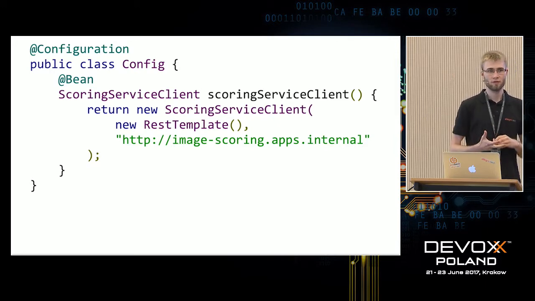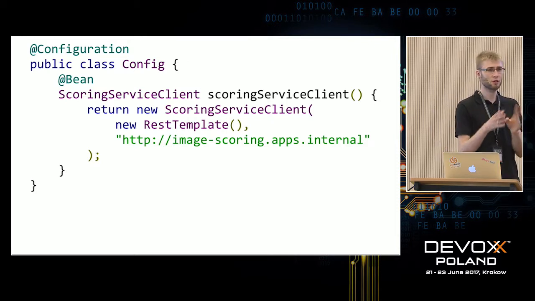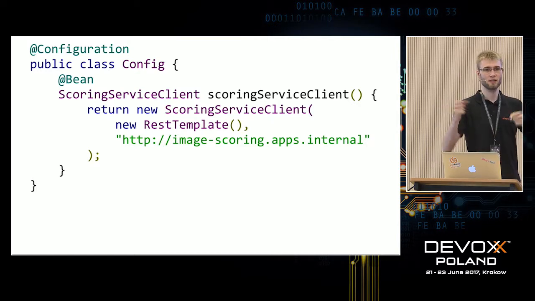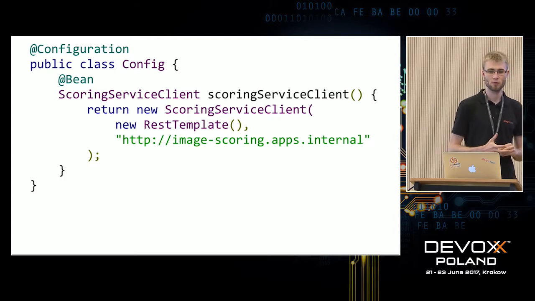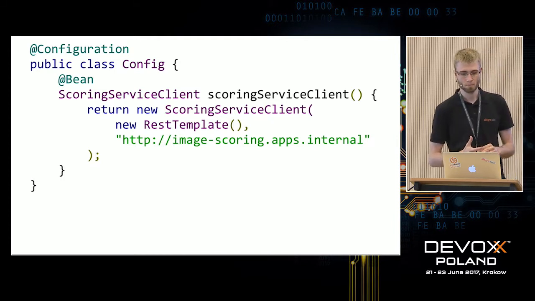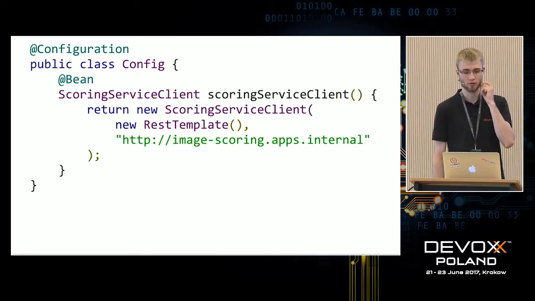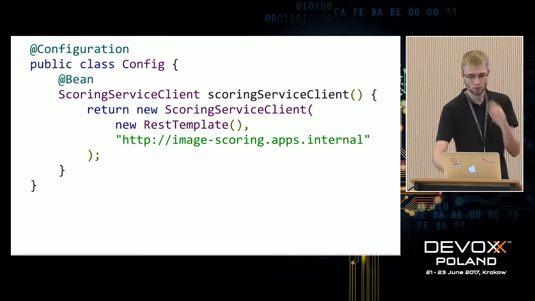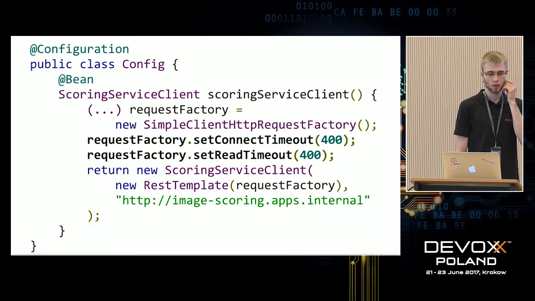So if our image scoring service was unavailable just for a moment, then restarting our instances actually would work, because we would free the threads and then we could process again. But it's more probable that our image scoring service got unavailable for a longer time. Perhaps there's some problem with the network. So actually restarting the application wouldn't give us much, because we would just block again. So the solution's pretty simple.